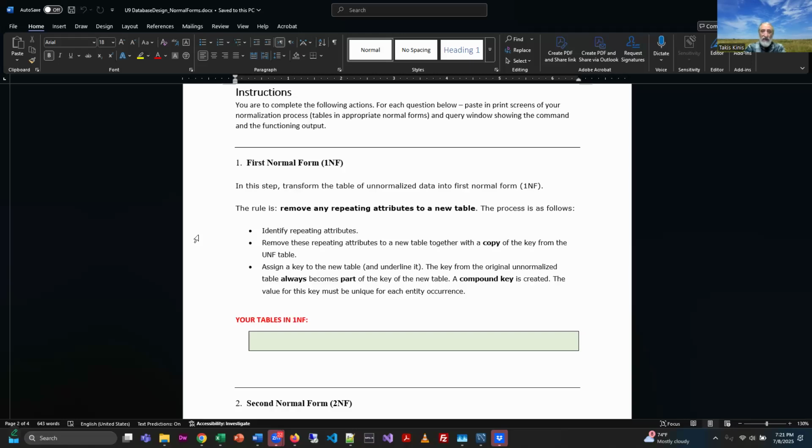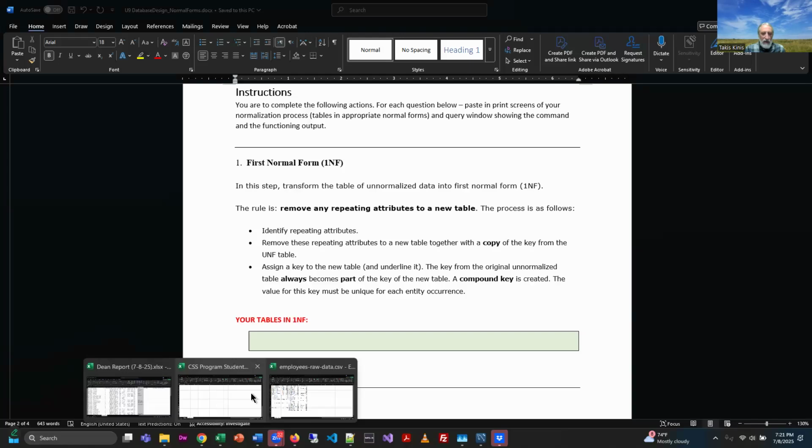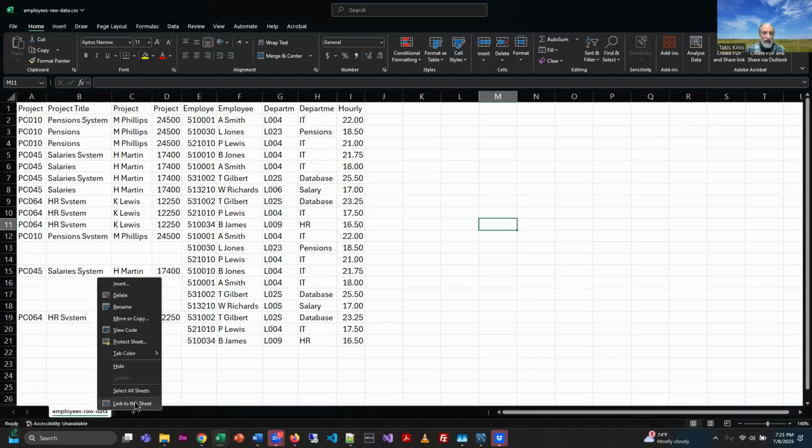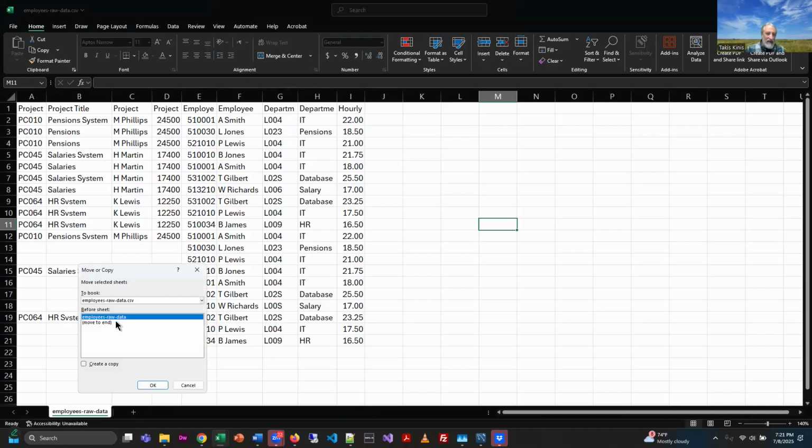As you create new tables, you would assign a key and then underline it so that we know where you could do like what we saw in the example. You could mark it as a PK or FK for a foreign key. So something that you might do, and the reason we do this data in an Excel file is, the first thing I did, and here's the mistake I made. I should have left the original data alone and made a copy of it, right? And the way that you do that in Excel, you can do this in Google Docs too, if you wish, is you can create a copy